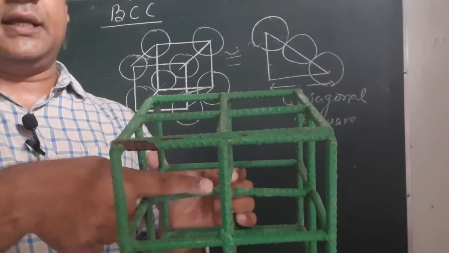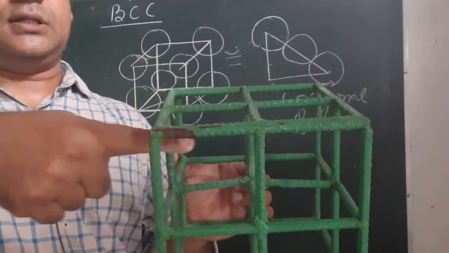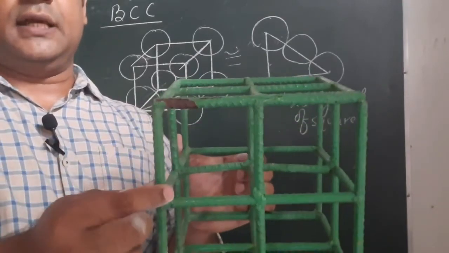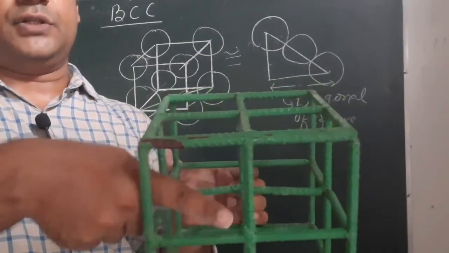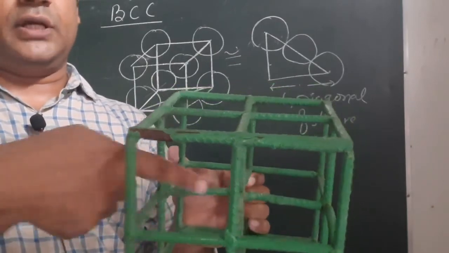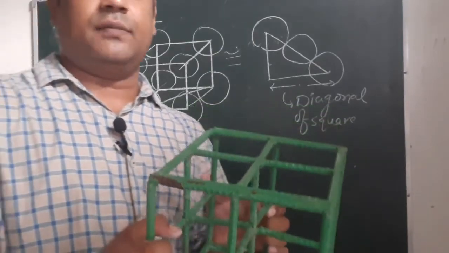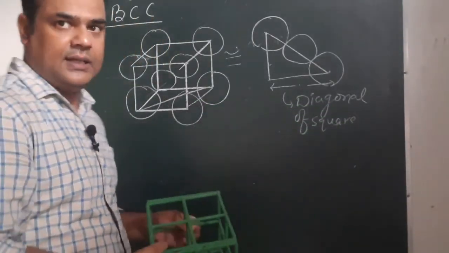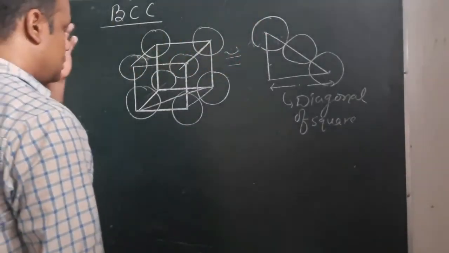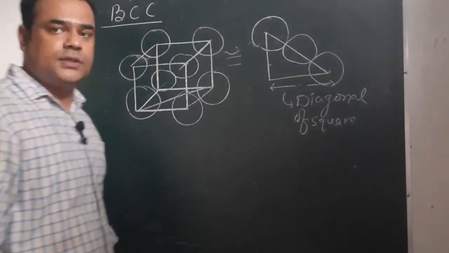This angle will be 90 degrees. So we have to take this right angle triangle. First, this edge length is already given, and from this square we have to find this diagonal, and then from Pythagoras theorem we can determine this value. Once we determine this value, we can establish the relation between edge length and radius of this sphere. So that's why in the 2D structure this part is the diagonal of the square.